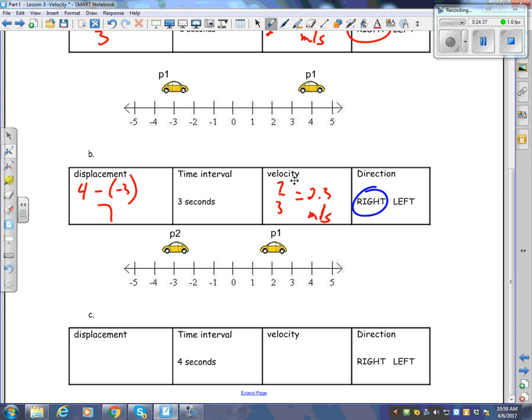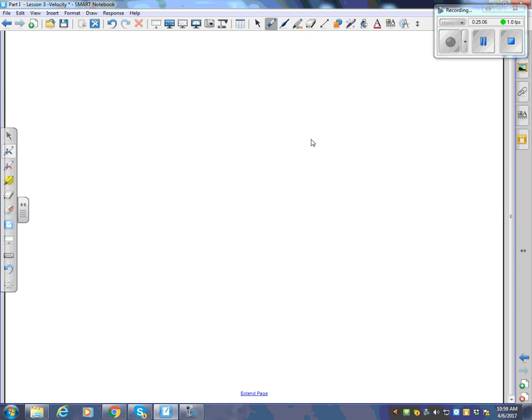Okay, displacement here. It ends up at minus 3, so minus 3 subtract 2 is minus 5. That's left. Interval is 4 seconds. Minus 5 over 4 is minus 1.25 meters per second, which is to the left. Put it on the right. There you go. Right you are, Ruben. Is that it? Yeah. Okay, so now there's